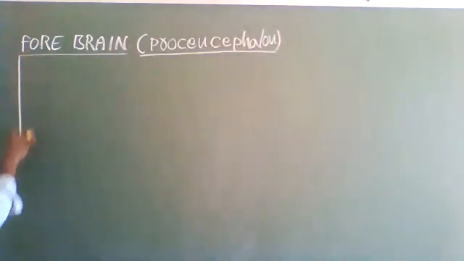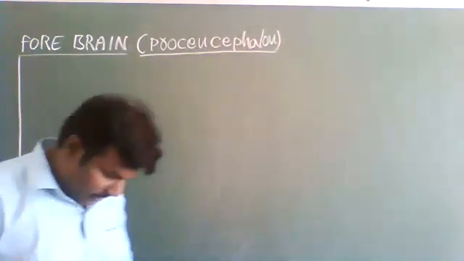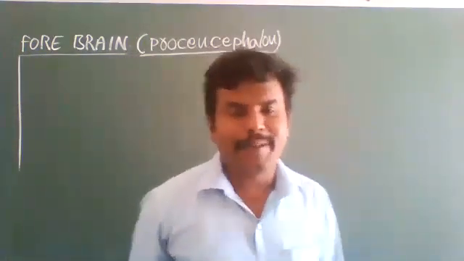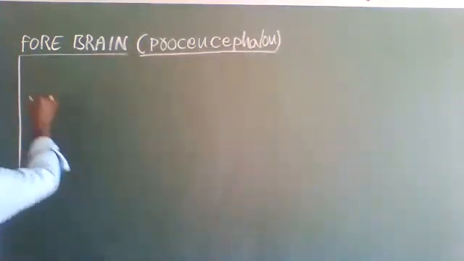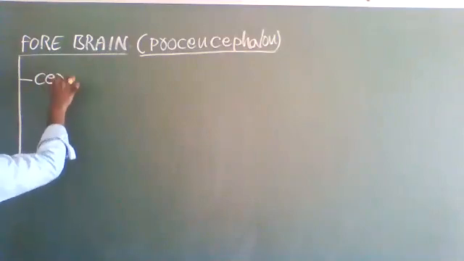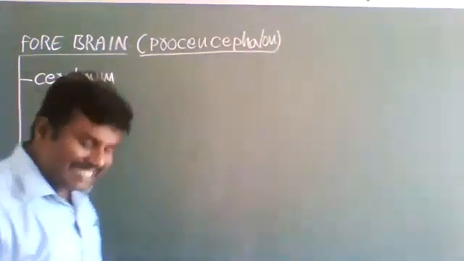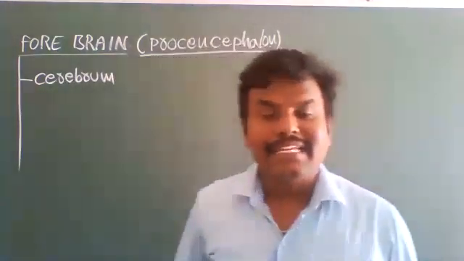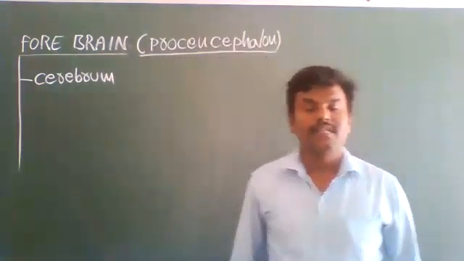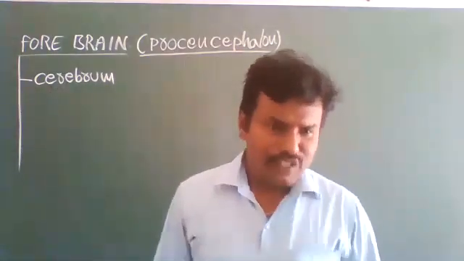So the forebrain consists of three parts. First part is cerebrum, second one is thalamus, and third one is hypothalamus. So first of all,